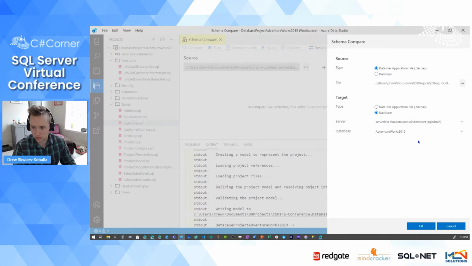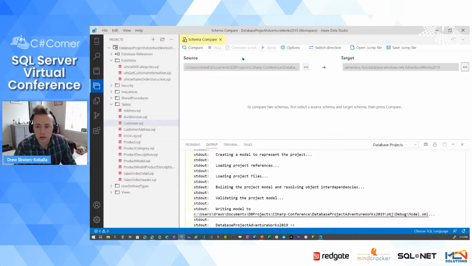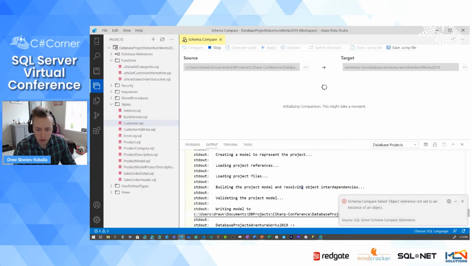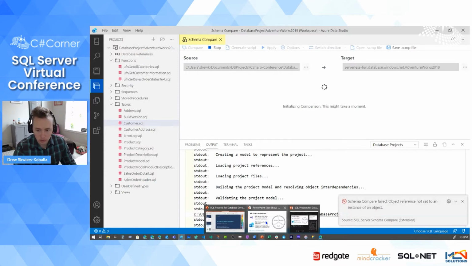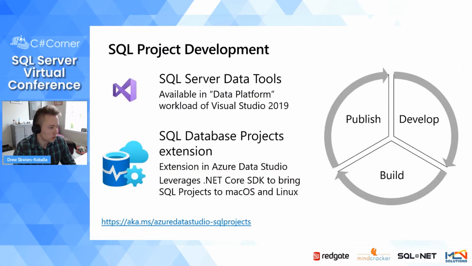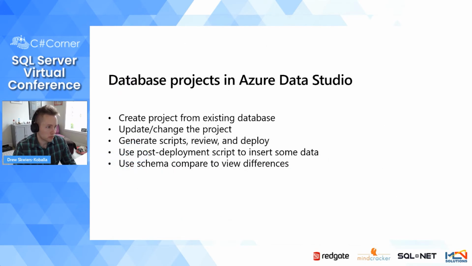So comparing to a database, if I hit compare, okay, that's failing. That's okay. So when I do that schema comparison,